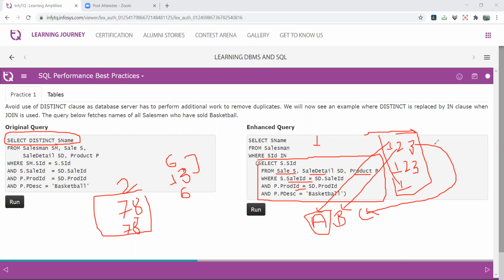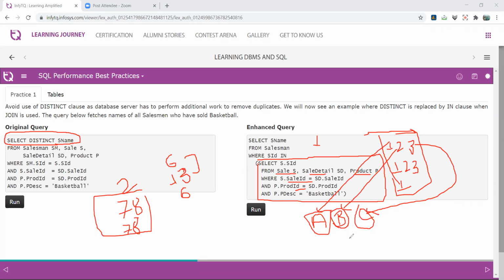There are no further comparisons. One exists the first time, that's okay, the remaining part is skipped. Two exists, yes, then print, and the remaining comparisons stop here. Third exists, printed. Next, 4, 5, 6, if some other IDs are available in the salesman table, they are not available in the subquery, so there are no comparisons and the statement is terminated.